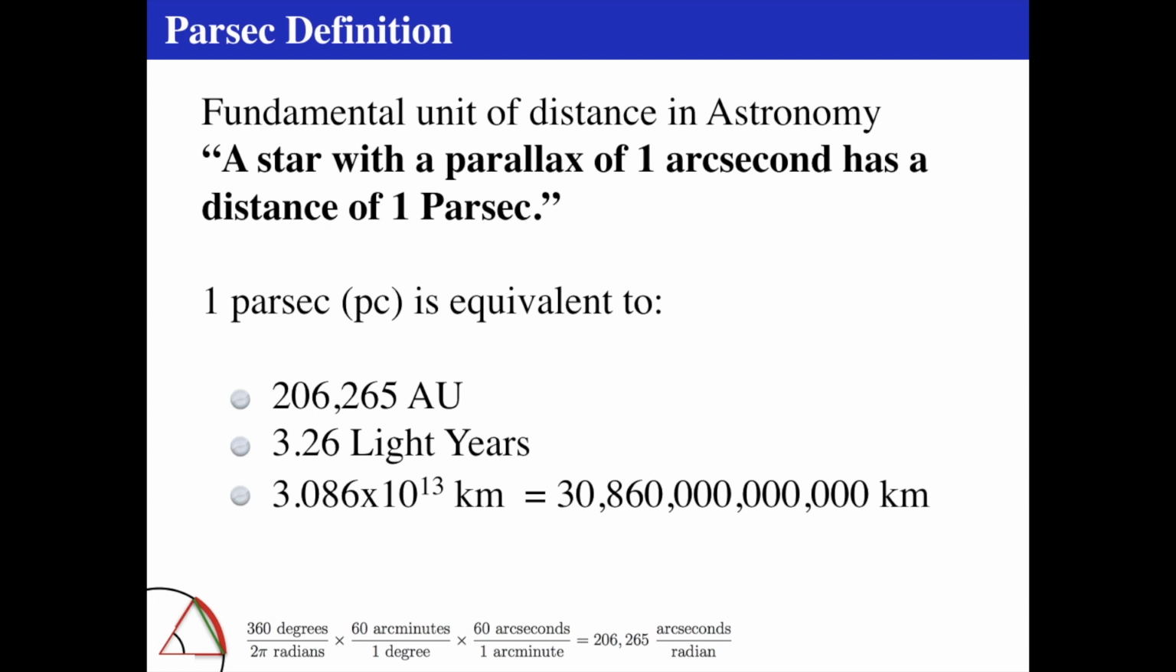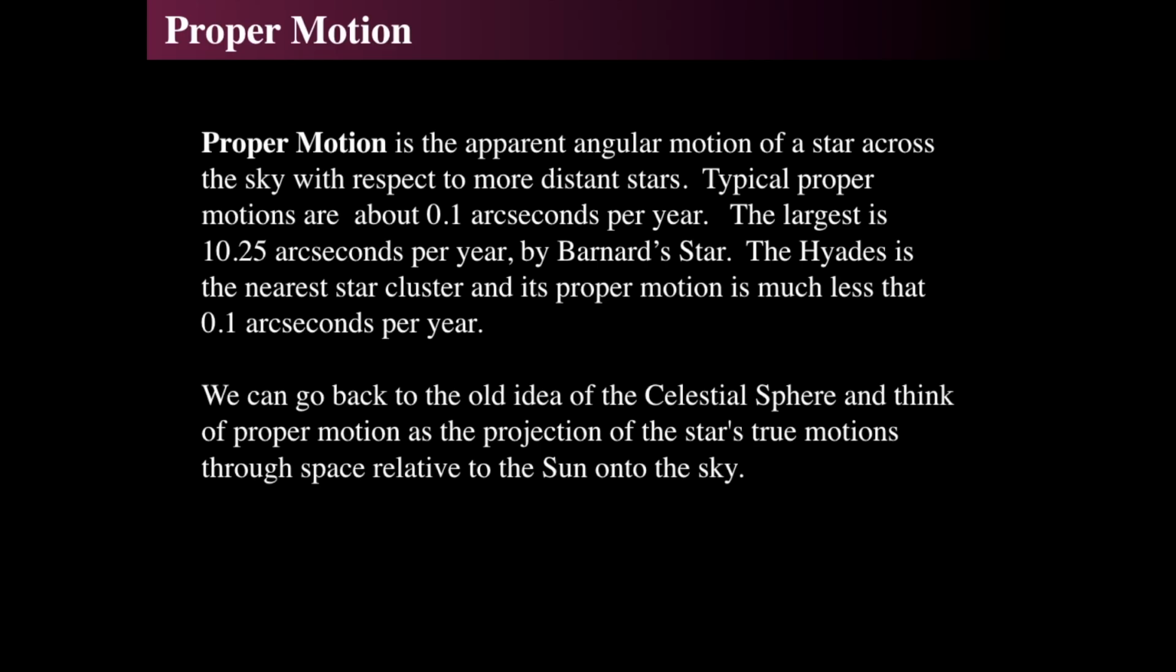So the star Sirius has a pretty large parallax. It's almost an arc second, like a half an arc second or so. It's about 7 light years away. All right. Now, parallax is due to the motion of the Earth around the Sun, but then there's an actual